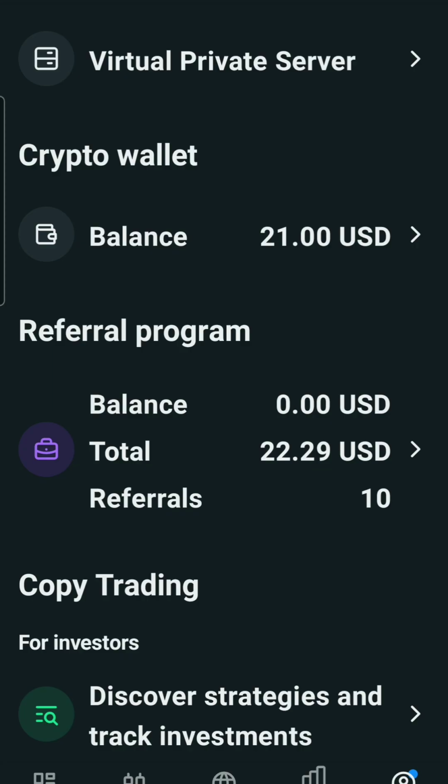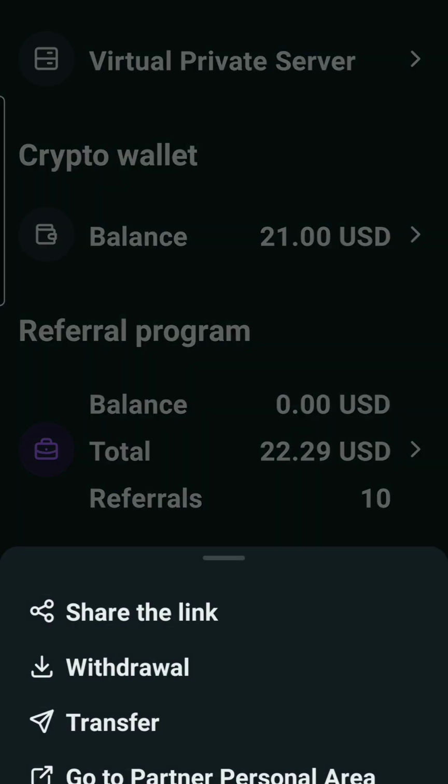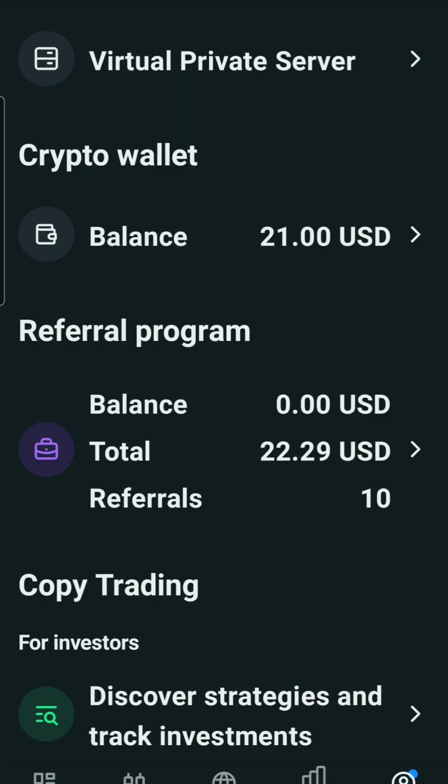Yeah guys, so I made a little error there, but nothing that we can't fix. I thought I sent the money directly to the balance, but I sent it into the internal wallet on Exness. So let me show you all. This may happen for the better. Let me click on this arrow here. Now to access this page, you have to come to profile, and then you will see this page. Just scroll down to where you see referral program, and the internal wallet is located here. So you click on the arrow where you see crypto wallet. Click on the arrow on the right hand side,